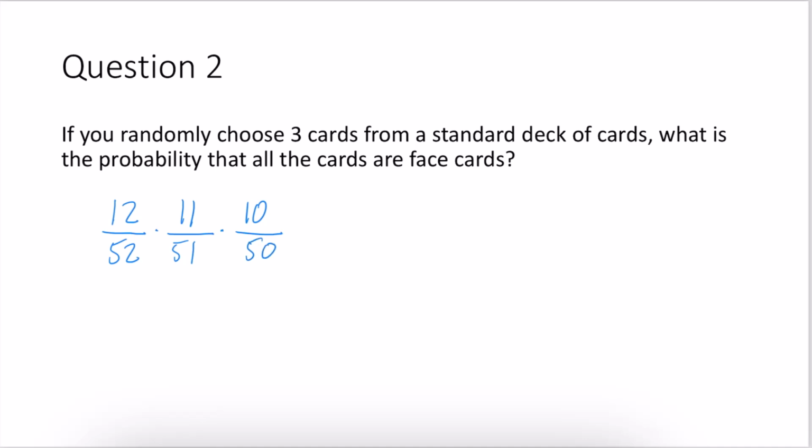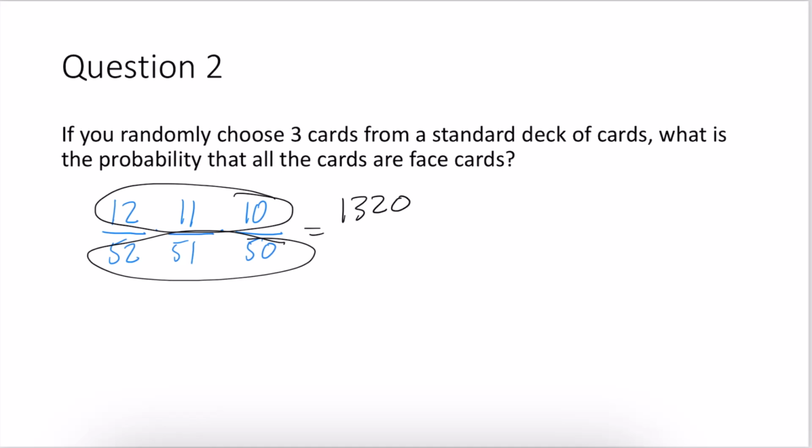And you can find those individual probabilities, or you can multiply the top numbers together and the bottom numbers together, which isn't too bad because those are just permutations. So we'll do 12 NPR 3, which is 1320, and then 52 NPR 3, which is 132,600. And when we divide those,